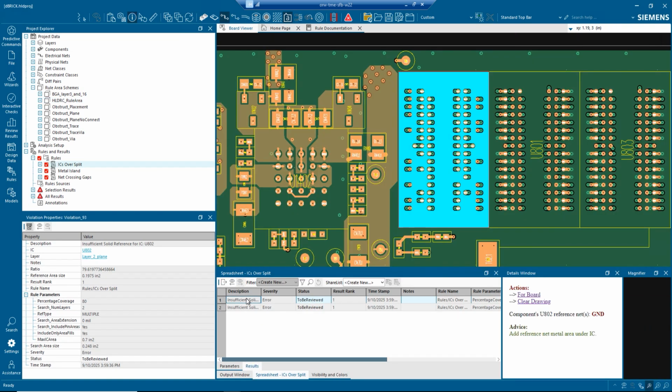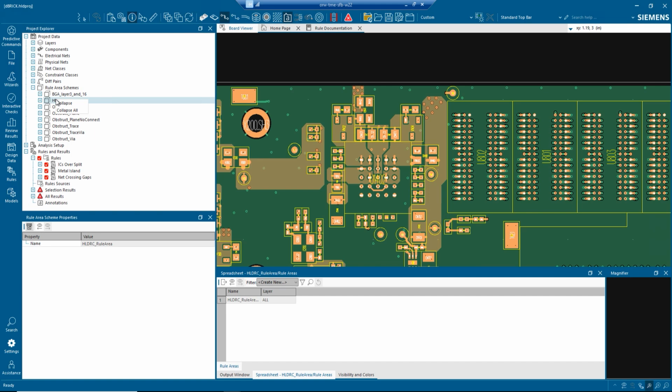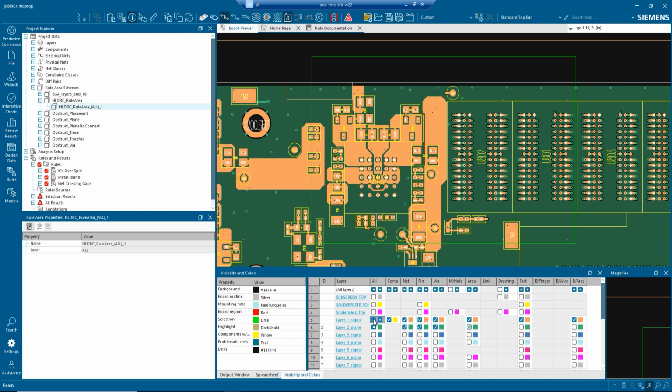Users can now import rule areas, constraint areas, and keepouts from within Expedition Layout and Allegro directly into Hyperlinks DRC, and run Hyperlinks DRC rules inside or outside of these areas. This will save time running electrical rule checks in a smaller, targeted area of the PCB, which can significantly speed up the automated checking of larger, more dense PCBs.